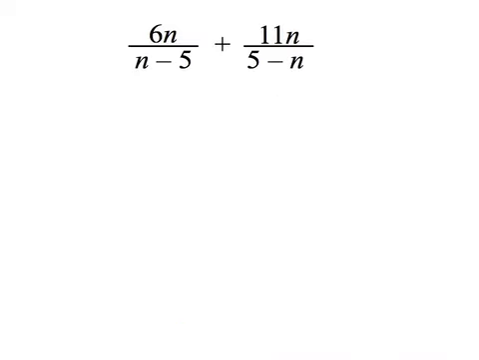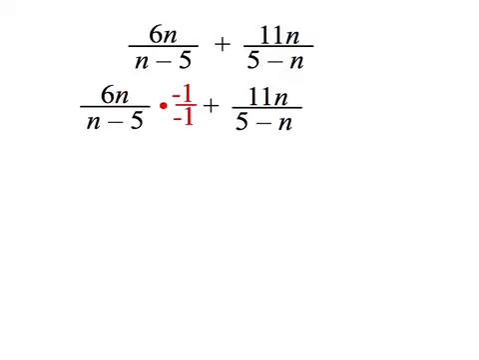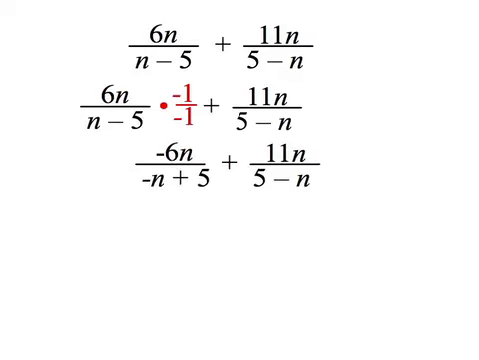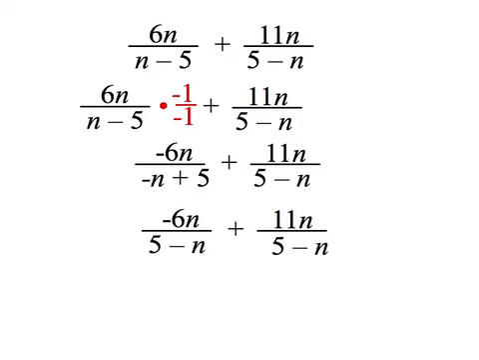Well, now let's look at this same problem. We could multiply the other fraction by -1 over itself. It's not going to change things that much, but it will give us a different denominator. Instead of giving us n minus 5 as the denominator, we get 5 minus n as the denominator. And then we combine -6n plus 11n, and we get 5n over 5 minus n, which is a very acceptable